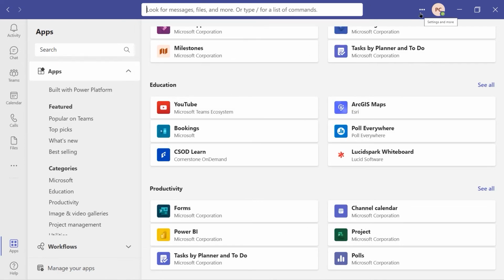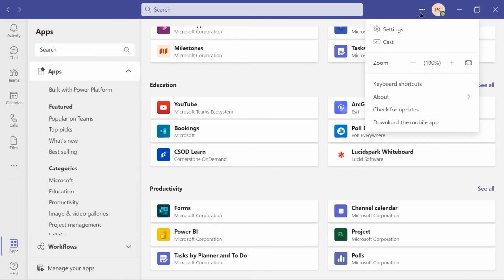Over to the right of the search box, you'll see a settings ellipsis that says settings and more. We'll review settings a little bit later, but I have Google Chromecast, right? So I'm on my computer screen, but I could literally cast this to one of my TV screens if I want to.